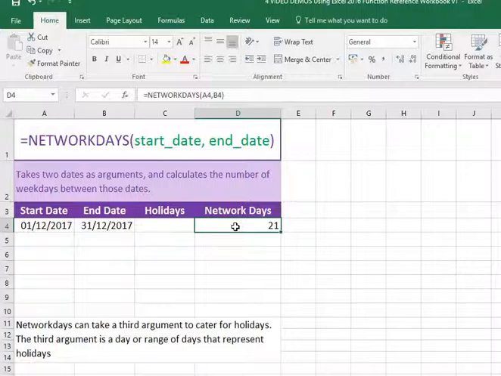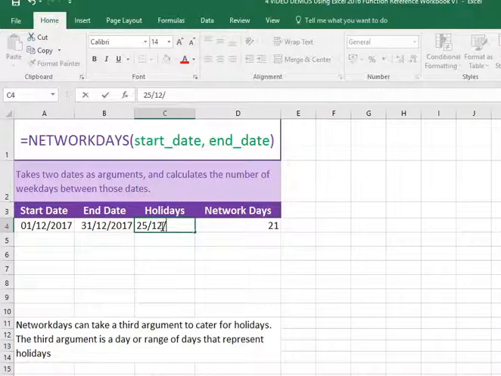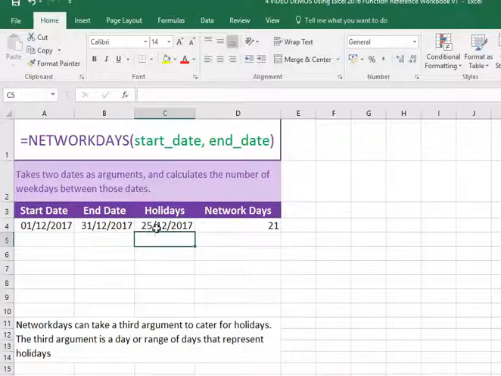So that tells me that when it takes out the Saturdays and Sundays, in December 2017 there are 21 working days, but as you're probably aware, a lot of companies will be closing down for the Christmas period, and almost certainly we would need the 25th of the 12th marked off as a holiday, and probably if it's like any of the companies I work for, it won't just be Christmas Day and Boxing Day, it